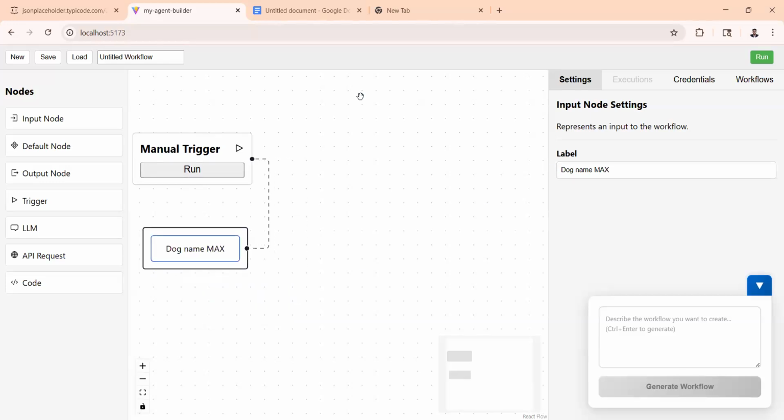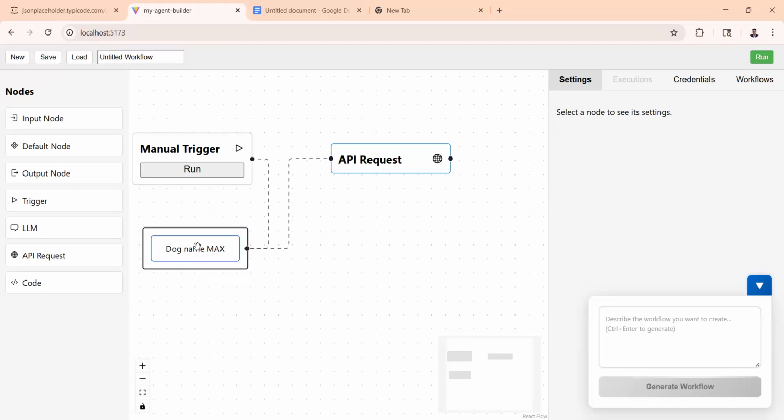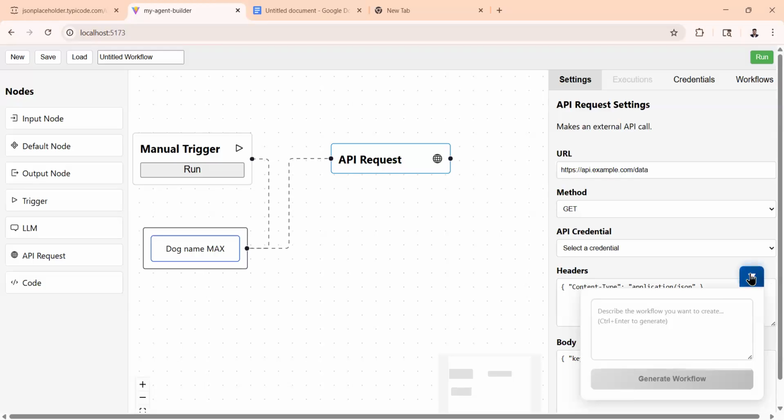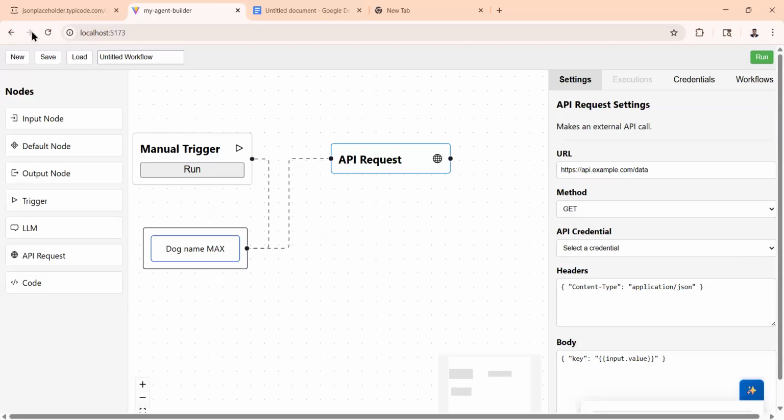Okay, and after that, I'll take one API request node. I'll connect my input node to the API request node. So when the workflow runs, it will pass this particular value on to the API request node. Now I'll click on the API request node, and